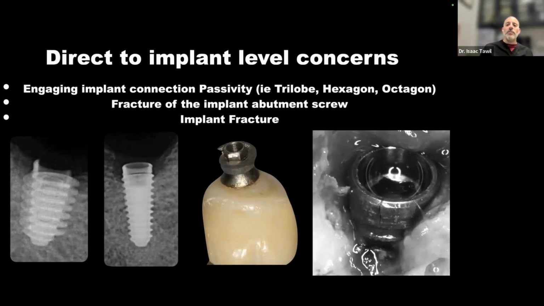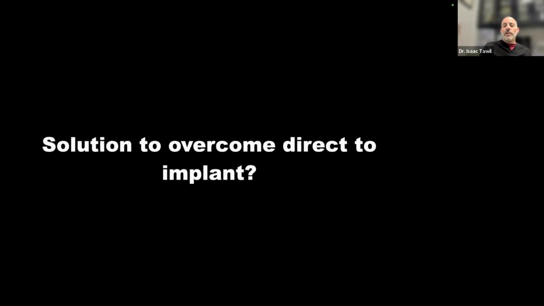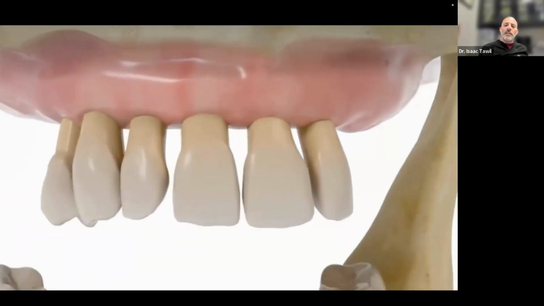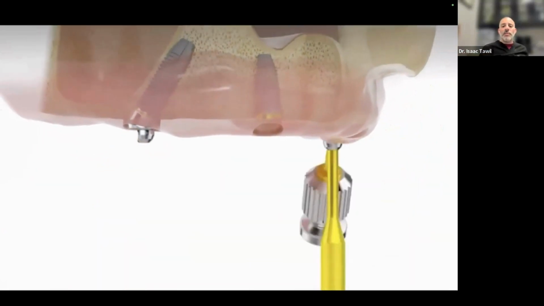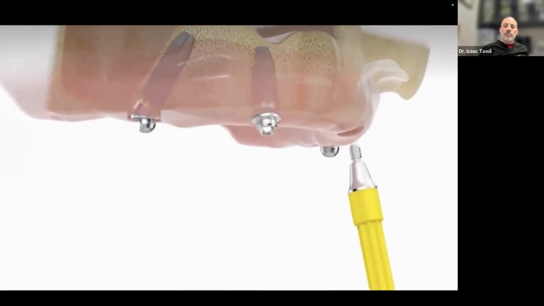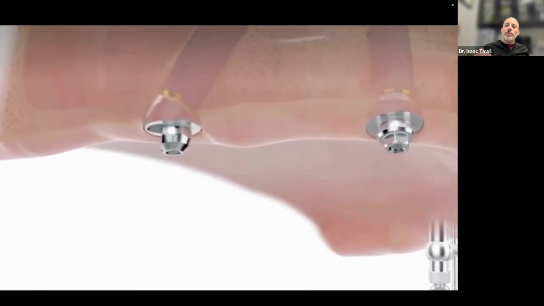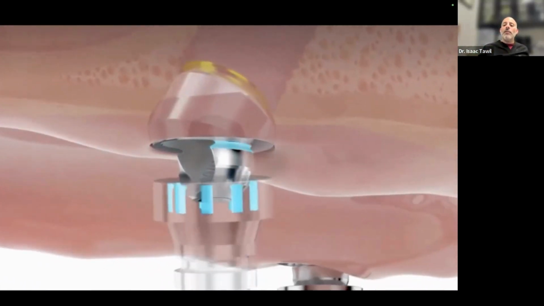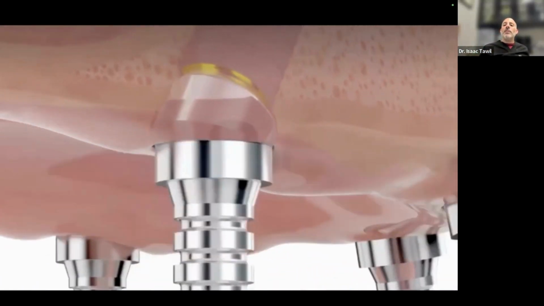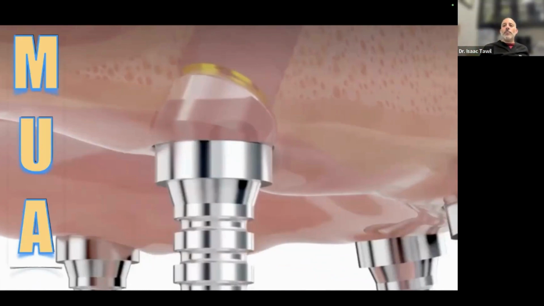I'd much rather have an intermediate abutment, which is my solution to overcoming this direct implant phenomenon. So instead of sectioning up bridge work and trying to get that done, we follow the all on four type of technique. We can do more than four. We can do 6, 8. We don't have to angle. We can put everything in straight. I like to use straight multi-units whenever possible. And then once we get to this multi-unit level, we then can go into that next step and decide how we even want to temporize the patient.